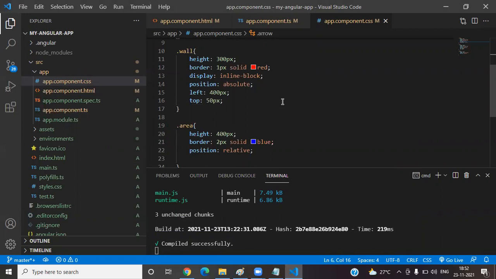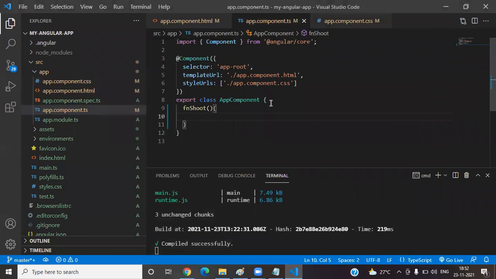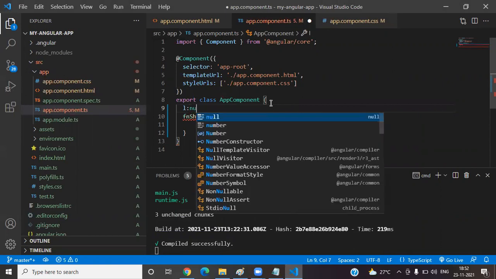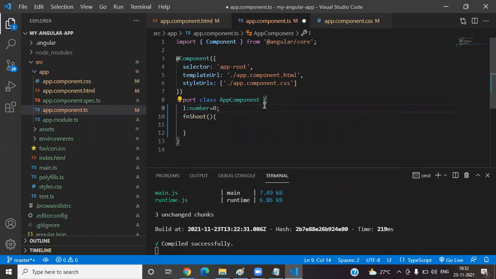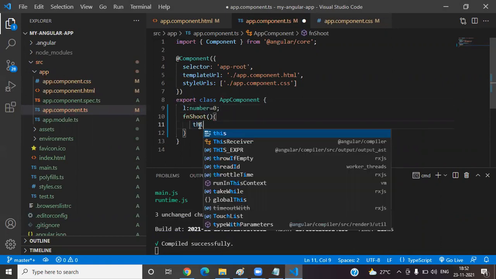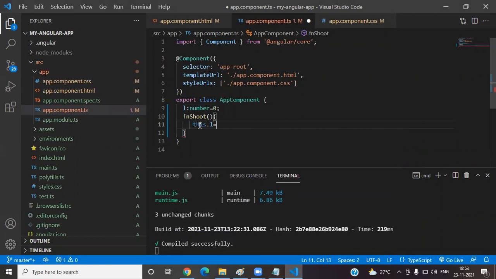Can we reassign the value of the variable whenever we want to change it? Like that, can we manage? So can we create one variable here? What is my variable? Simply left, it's a number, by default 0. At the time of clicking on the button, can we change my left value to 300? That's it, simple.